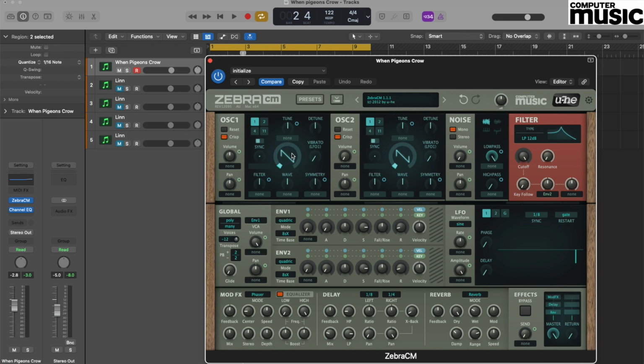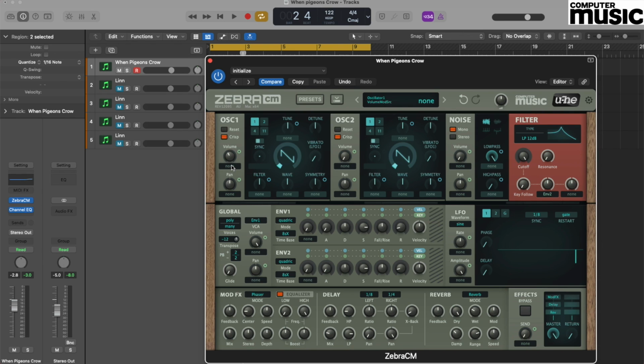We're going to start creating our sound by visiting the Oscillator section. So beginning with Oscillator 1, labelled as OSC1, we need to ensure that we have a sawtooth wave selected. This should be the default when you initialize the plugin. We're going to immediately adjust the volume of this oscillator, so visiting the volume pot, which is to the left of the waveform section,